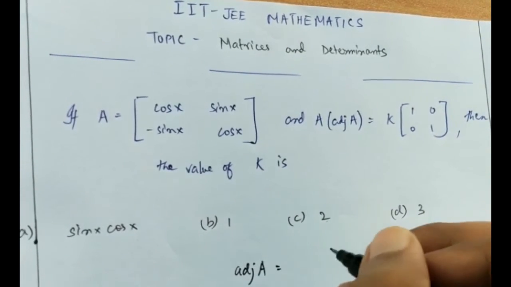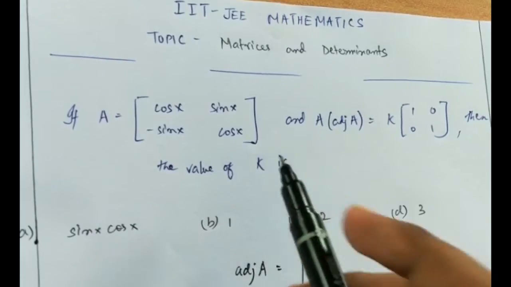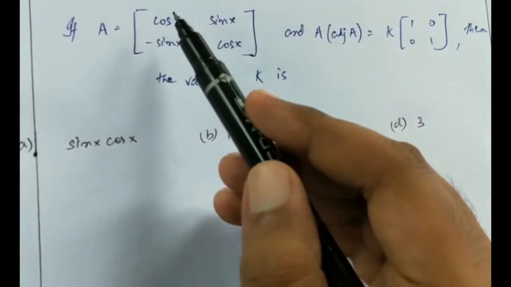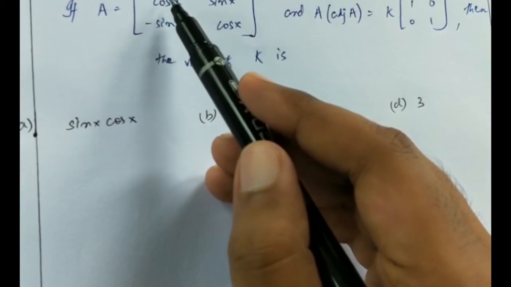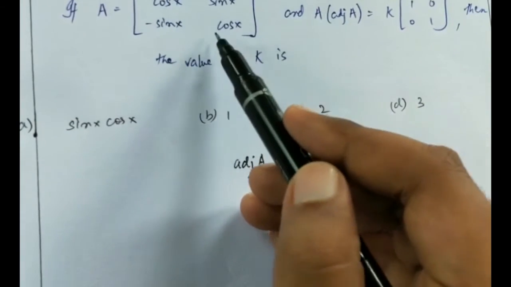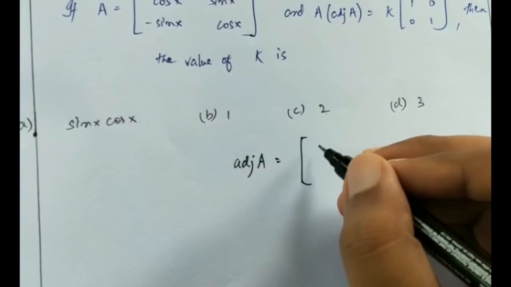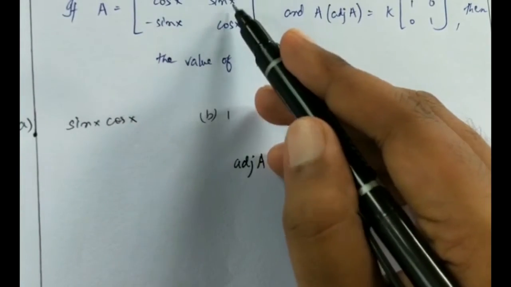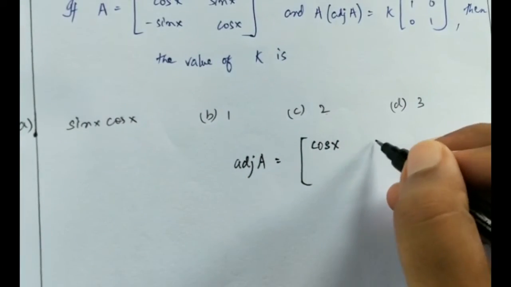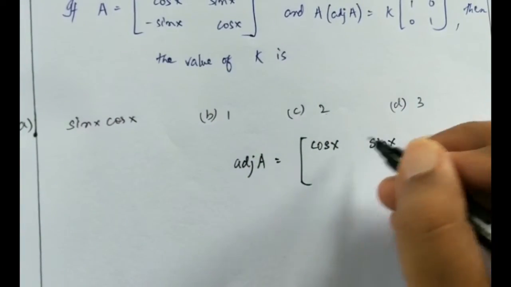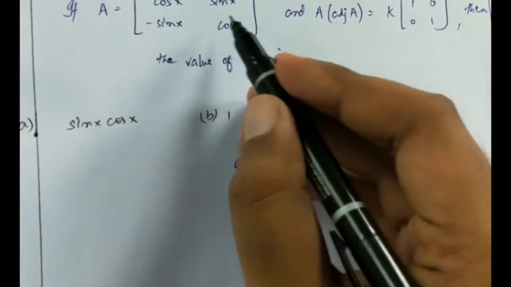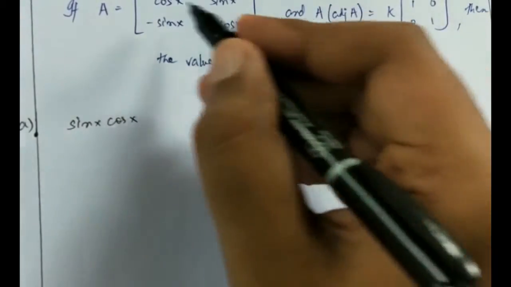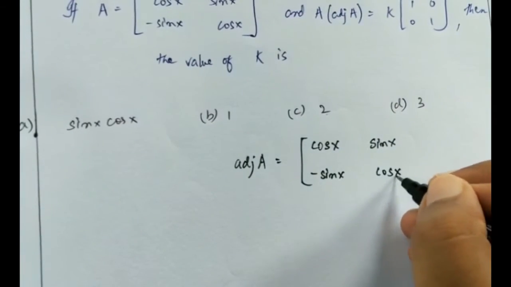So the adjoint of the matrix A will be written as, in order to find the adjoint we have to find the cofactors and then take the transpose. So for finding this position I will hide this row and column and whatever element is there I will write that. So this is also cos x. Next one, I will hide this and this: minus sin x, it will go into sin x because negative of that. For this I want sin x and it will be negative of that, and finally for this we have cos x just as it is.